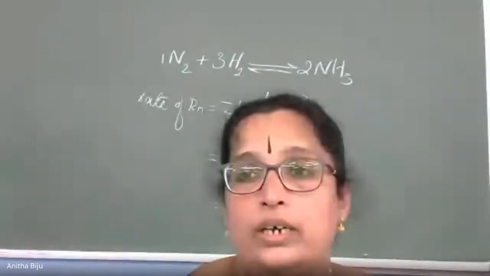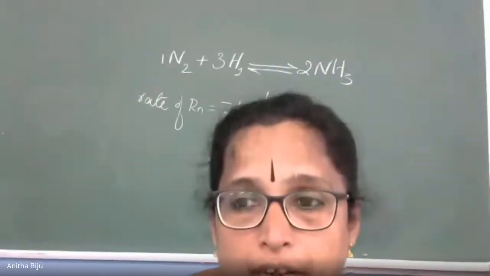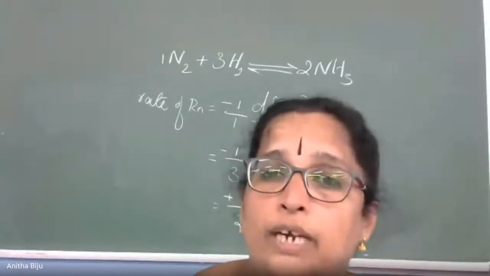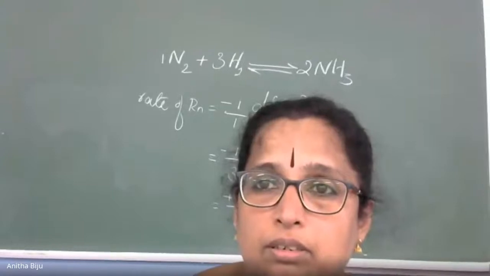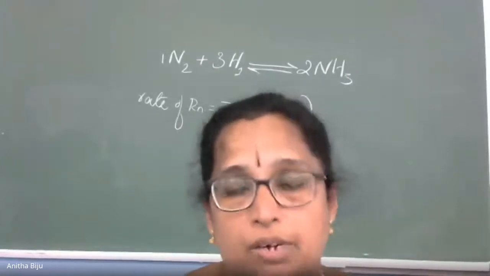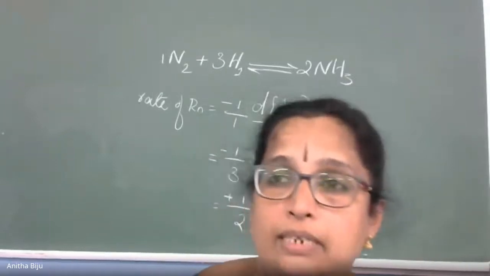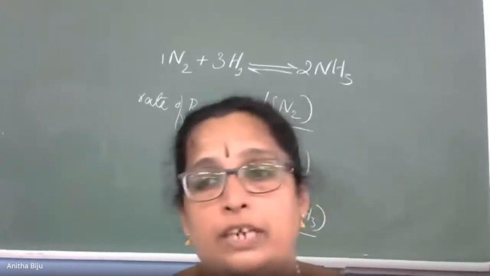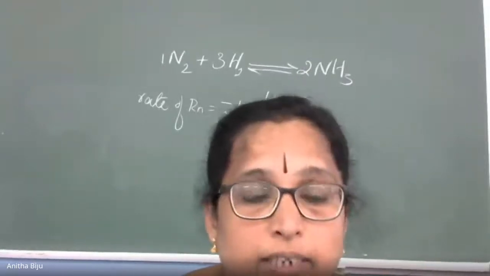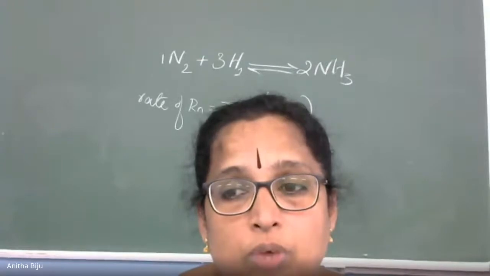So this is all about the first part, rate of a chemical reaction. And now let us think about what are the factors that affect rate of the chemical reaction. Okay. So let us think about the first one. First factor first: concentration of reactants. So write the first topic, concentration of reactants.